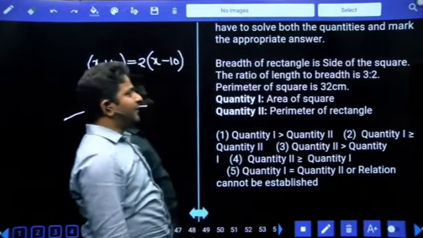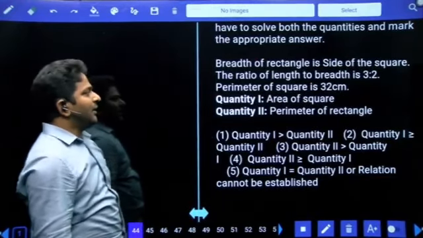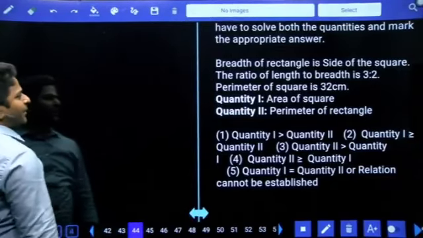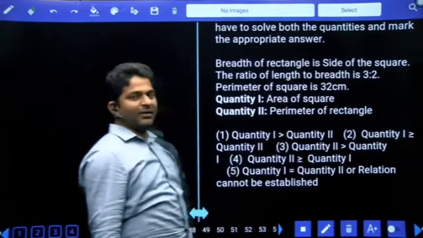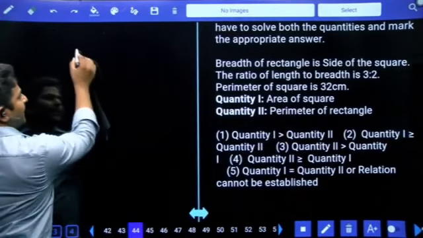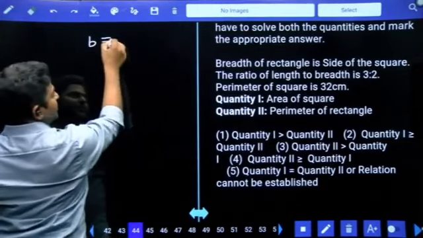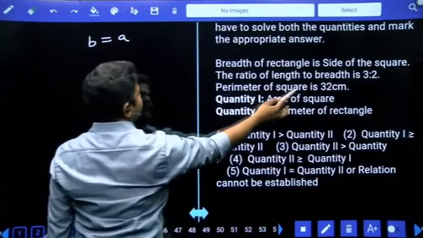Breadth of the rectangle is equal to side of the square. The ratio of length and breadth is 3:2. Perimeter of the square is 32. Q1 asks for the area of the square, and Q2 the perimeter of the rectangle. Now, let's see. Breadth of the rectangle is equal to side of the square. Perimeter of the square is mentioned as